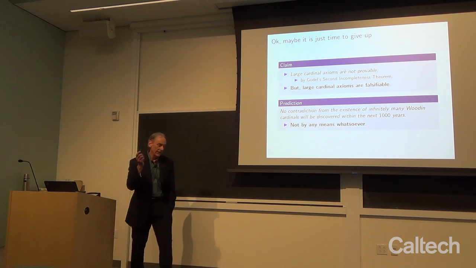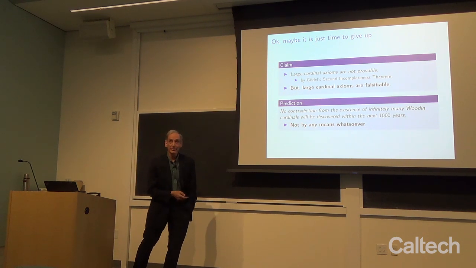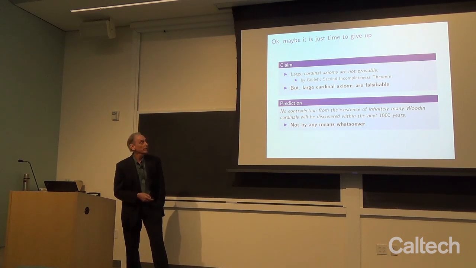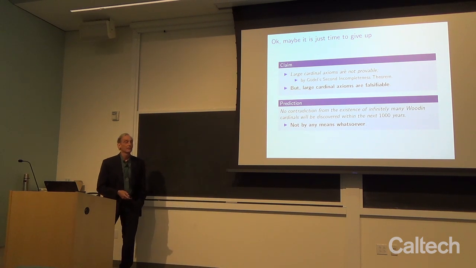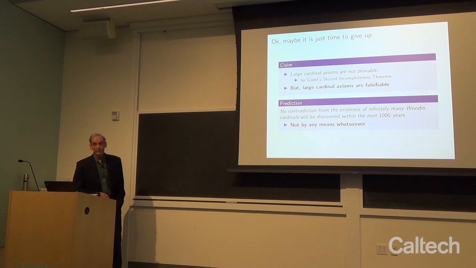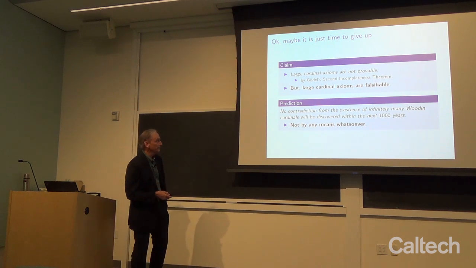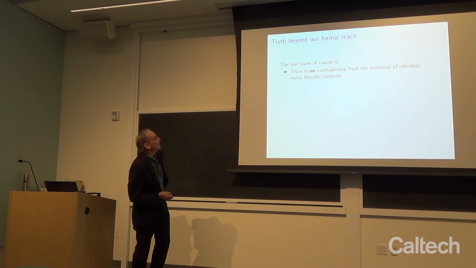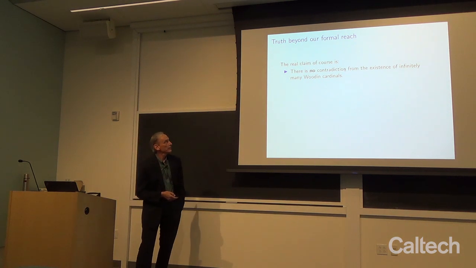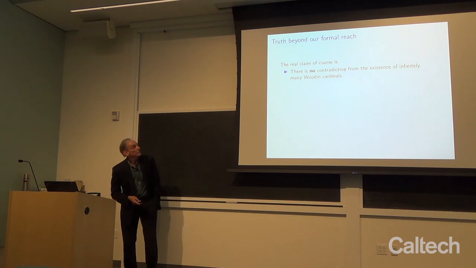I don't care if we encounter an extraterrestrial civilization that's been doing mathematics for 1 billion years. Okay, that's a pretty precise prediction. It's a prediction about our universe, the next 1,000 years. In 1,000 years, we'll know whether I'm right or not. Now, the real claim, of course, is that there's no contradiction from the existence of infinitely many Woodin